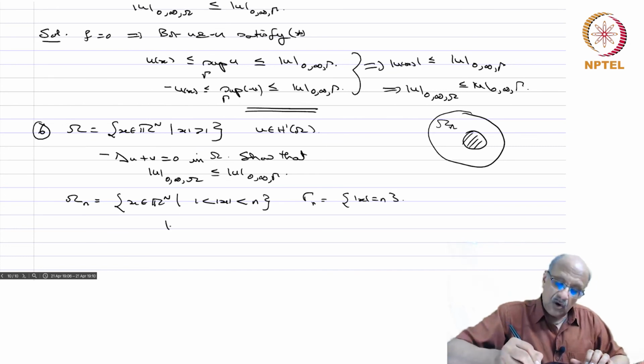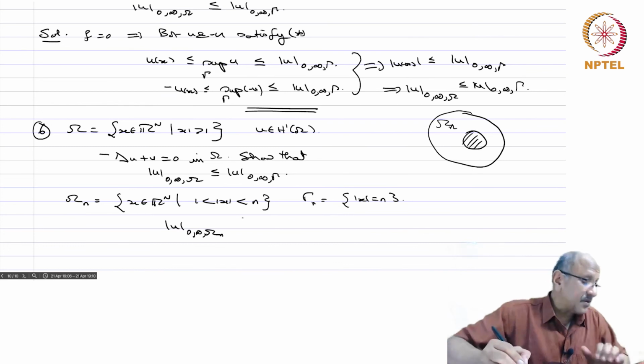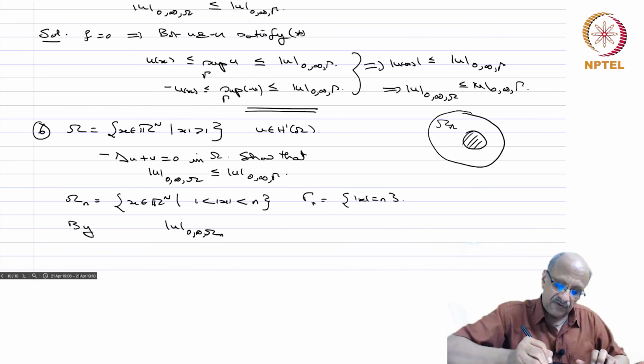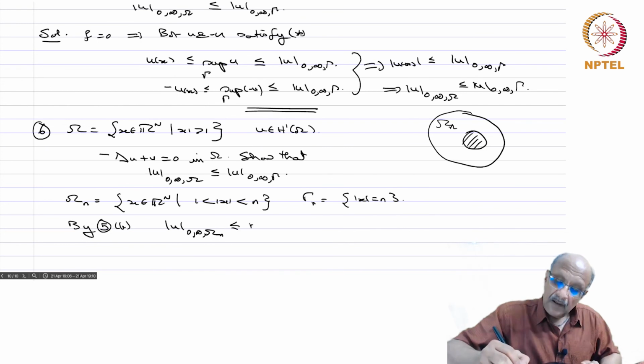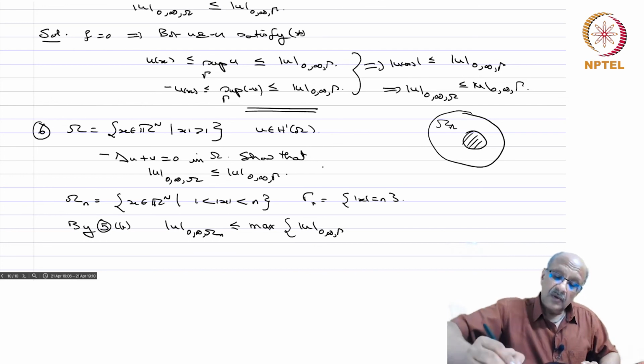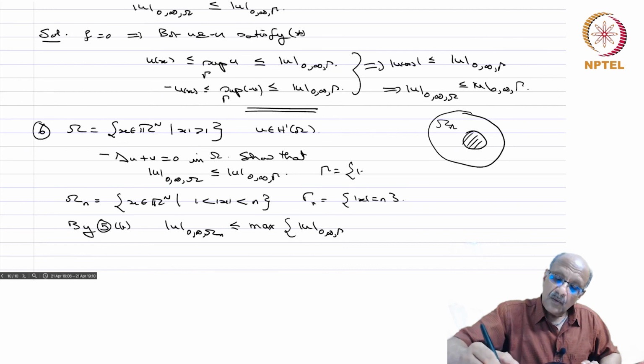So, the L infinity norm of u on omega n, by the previous exercise 5 b, is less than or equal to the max of the L infinity norm of u on gamma, so gamma is mod x equal to 1,